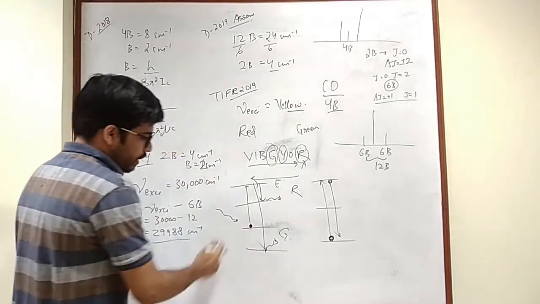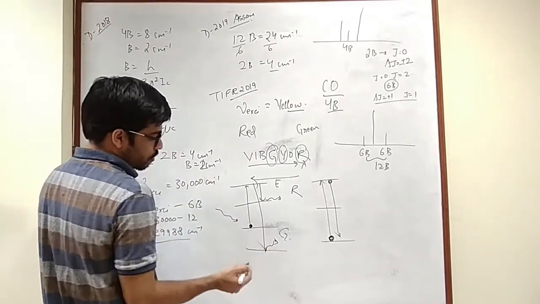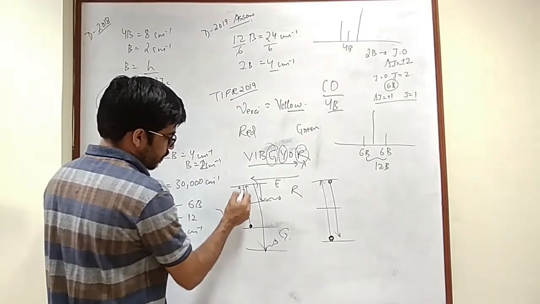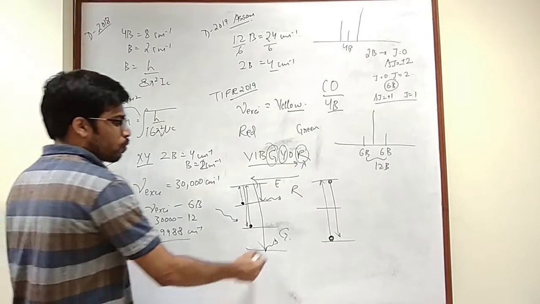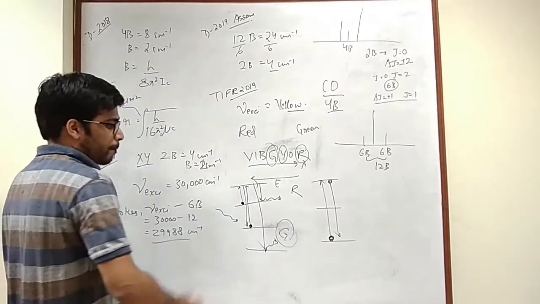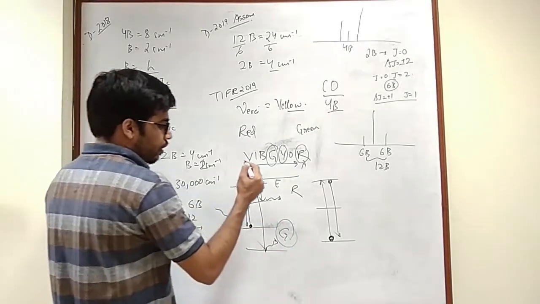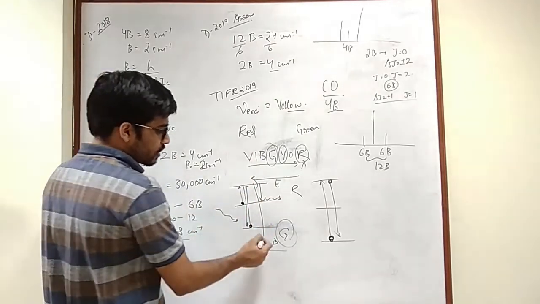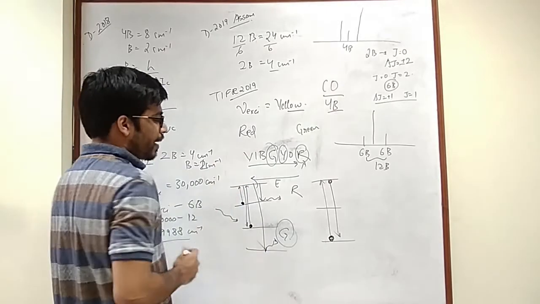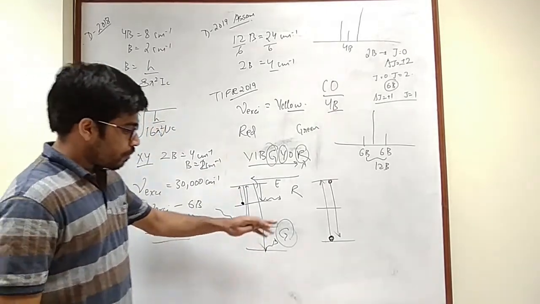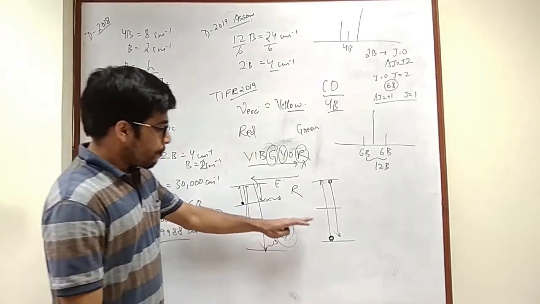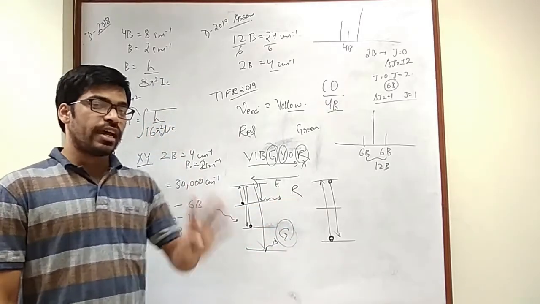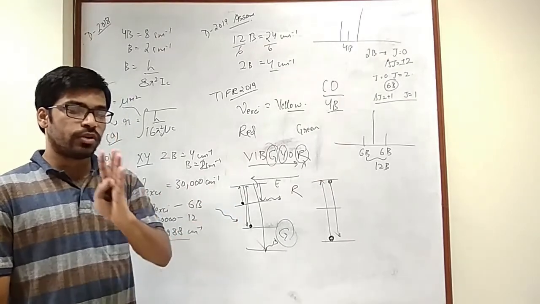There is another possibility that, let's say, there is one molecule which is here, which goes here and then comes back here. This will also give you green light. But in this case, the number of transitions occurring will be low as compared to the case wherein the molecules go up and then release less. The point that I'm trying to make is, the more the population of any energy level, the more the number of transitions you're going to see for that particular mode.